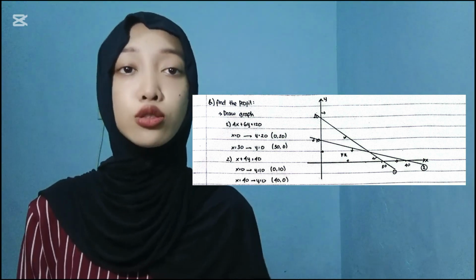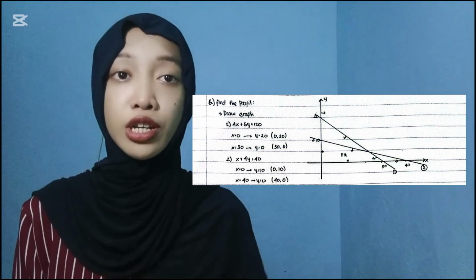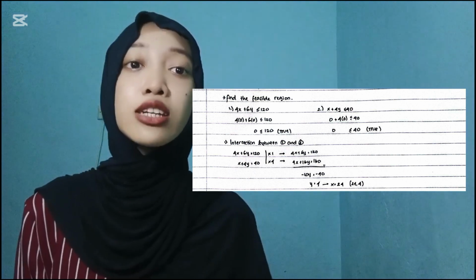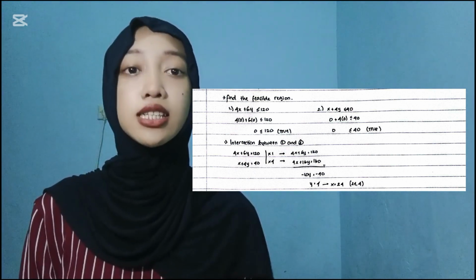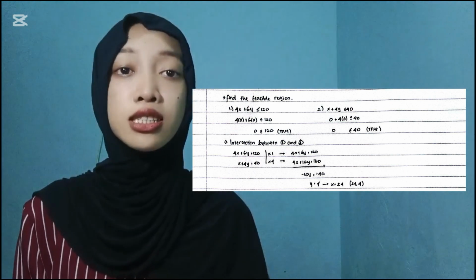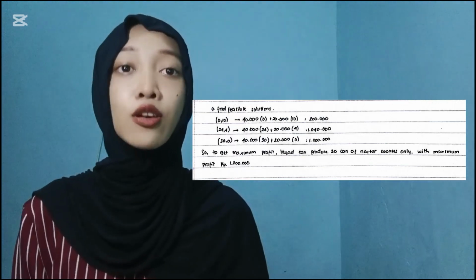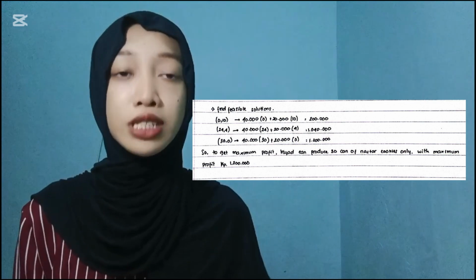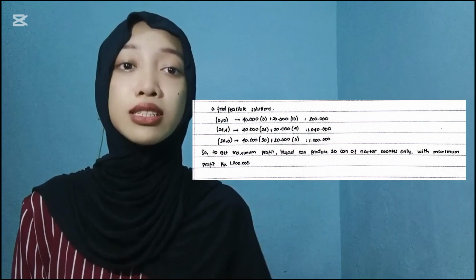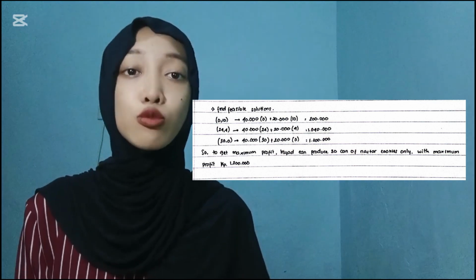So first step, we should draw the graph. We should find the intersect of constraint 1 and constraint 2. So next step is find the feasible region. Next step is the intersection between the first constraint and the second constraint. So the intersect is 24 and 4. And the last step is find the feasible solution. So the feasible solution is 30 and 0. So to get maximum profit, Irshad can produce 30 cans of nastar cookies only with maximum profit